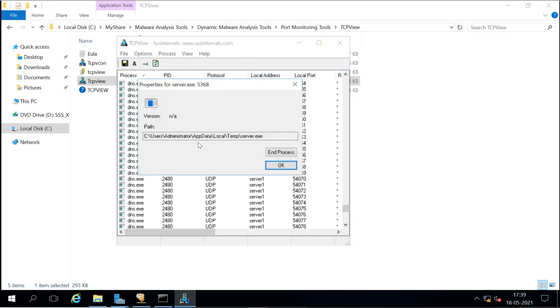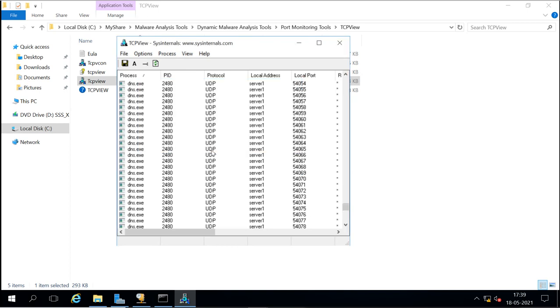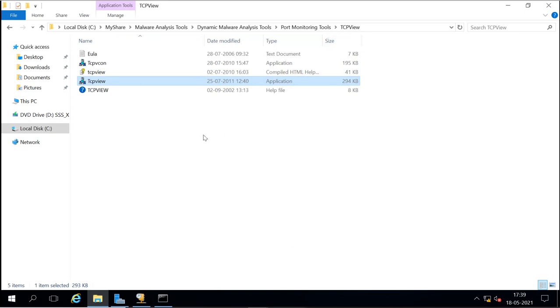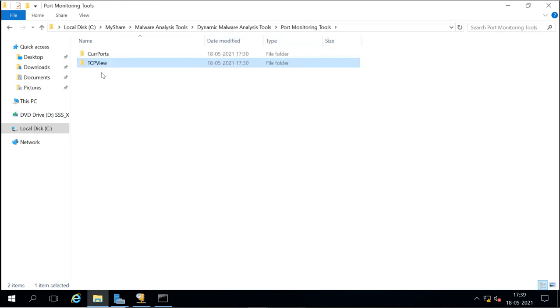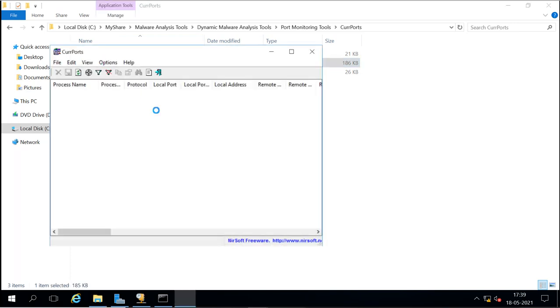This is the process, we can end the process and all. Now this is the simple TCPView. We can use CurrPorts also. It will also show you what current connections are going on. It is loading, it will take a little time.